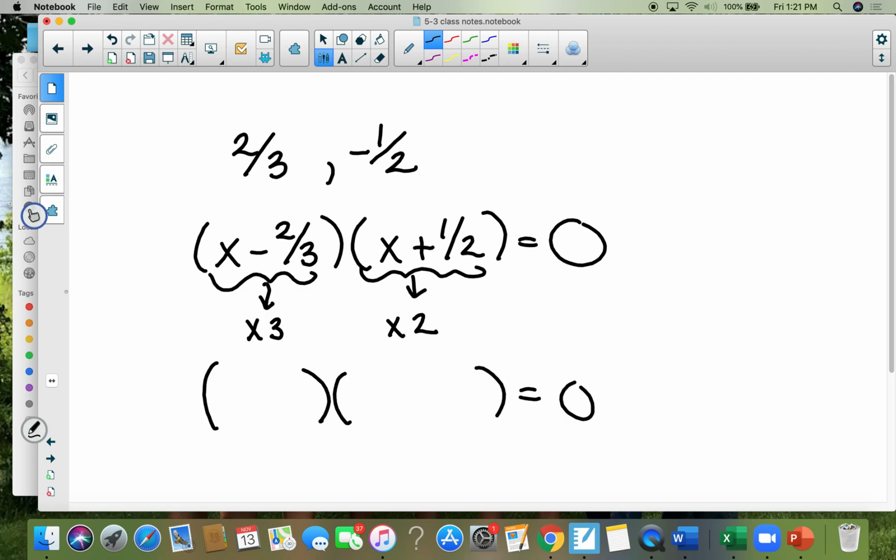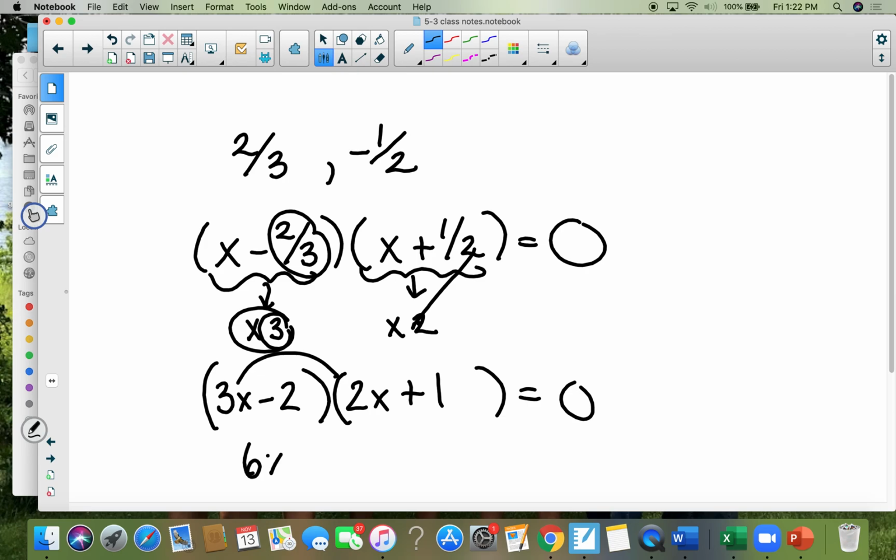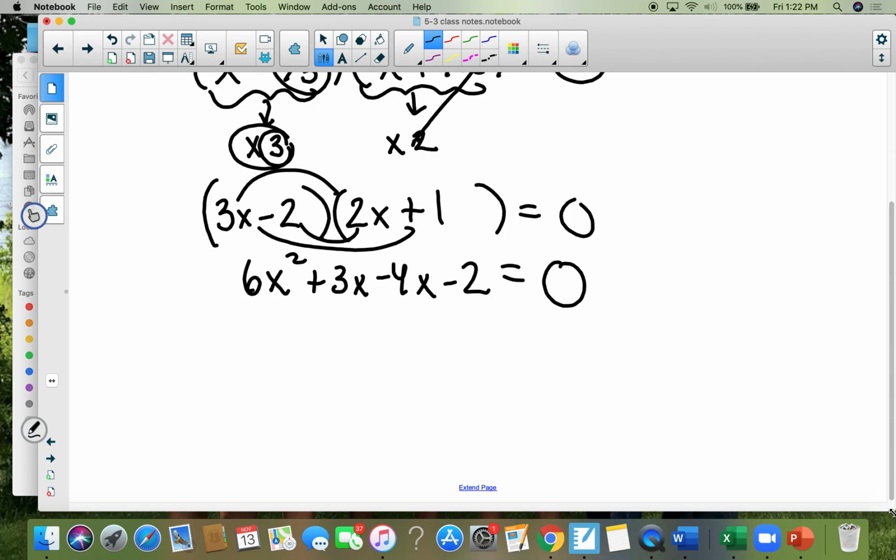So you're going to get 3x minus the 2/3 and the 3, the 3's cancel out, and you're left with just a 2. 2 times x is 2x. The 2's cancel each other out, you're left with a 1. So that's how you do fractions. And now you FOIL it. 6x squared plus 3x minus 4x minus 2 equals 0. So your final answer is 6x squared minus x minus